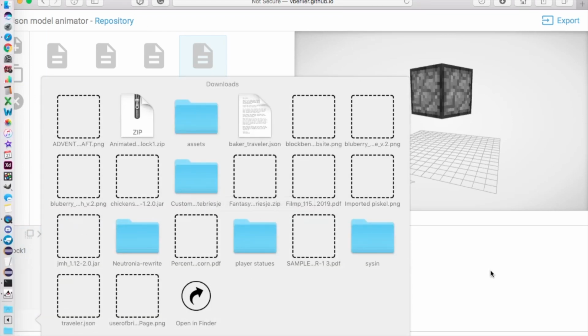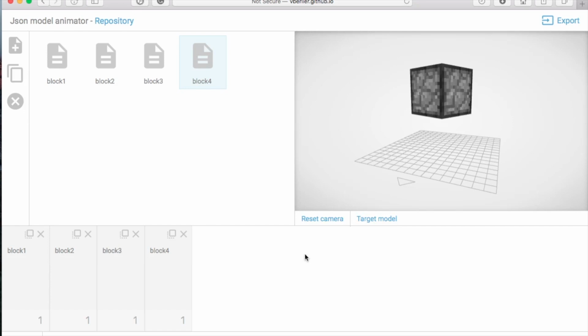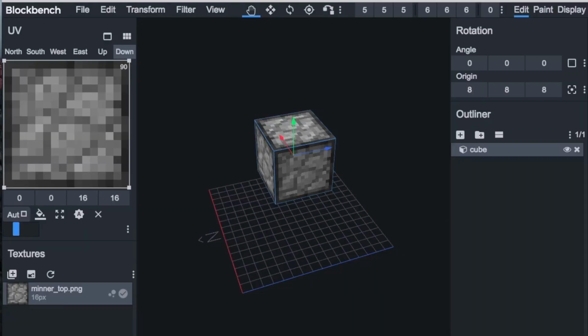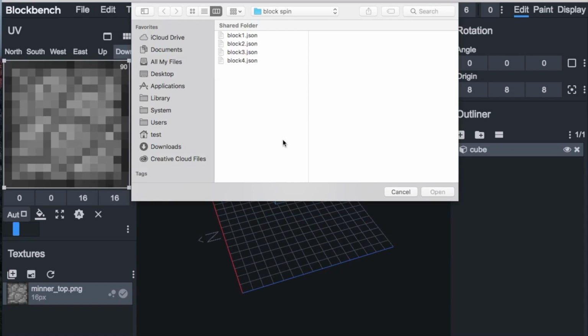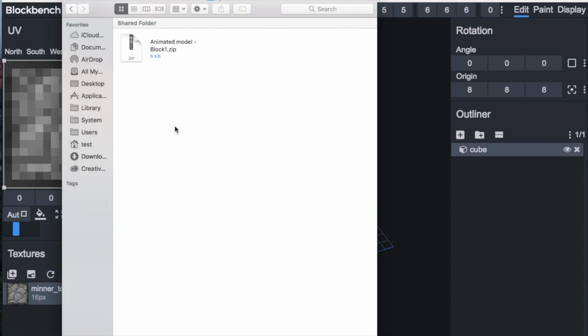Boy, my downloads are messy. One moment while I get the model. And you will want to load it back into Blockbench. And to do that, you'll go to File, Open Model, and you want to find your file. Okay, so I found out that you can't just immediately load it into Blockbench. It will be downloaded as a zip. You will have to